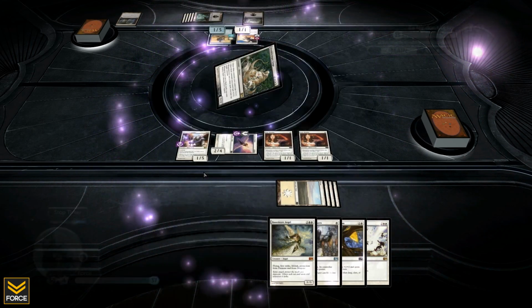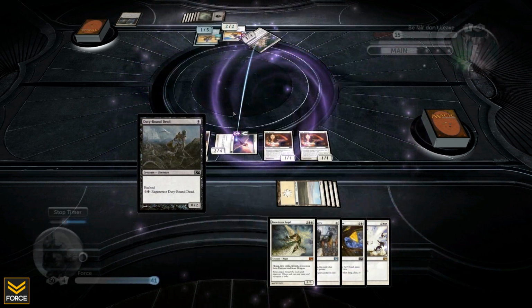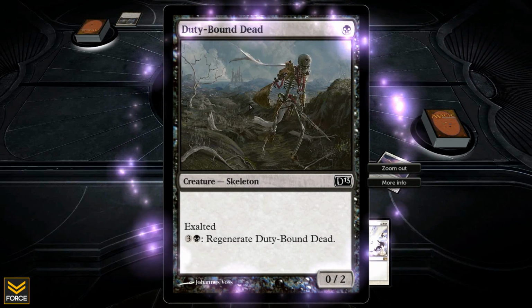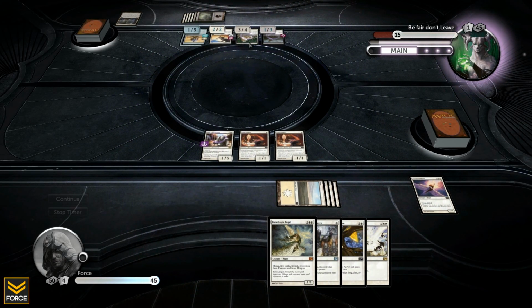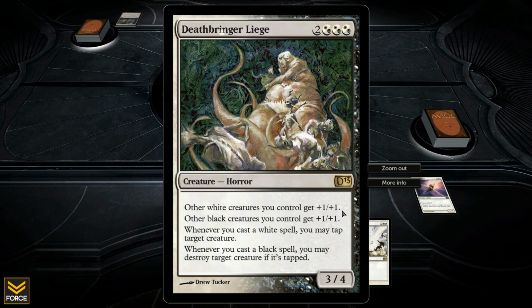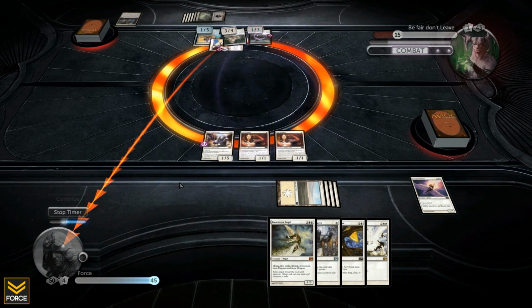Oh, here's the big mamma jamma here. And he also plays this bad boy. Oh, look at that. Look at all that stuff that just went down. I'm gaining tons of life though. I'm at 45. He just played this. Other white creatures get +1/+1. Black creatures get +1/+1. Whenever you cast a white spell, tap target creature. Whenever you cast a black spell, destroy target tapped creature. That card's amazing. However,